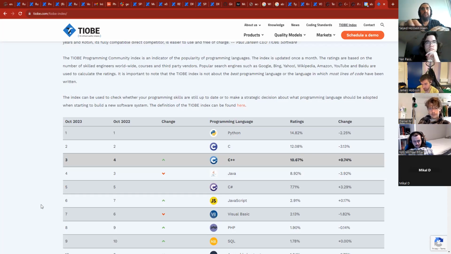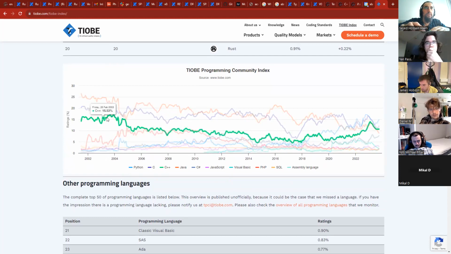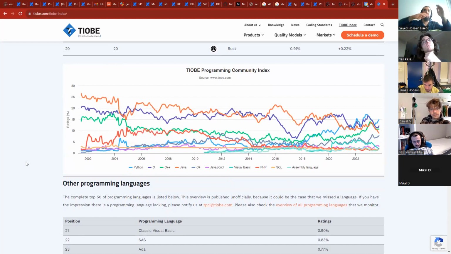When I started teaching C++ back in 2003, C++ and Java were very close at some point, and then it was clear that Java had a clear overhand. For a long time Java was way above C++, and then that sudden decrease that you just mentioned, Daniel, happened, and C++ began to go up.